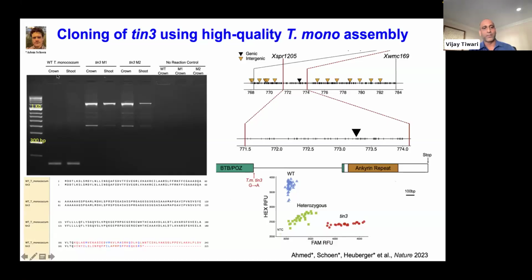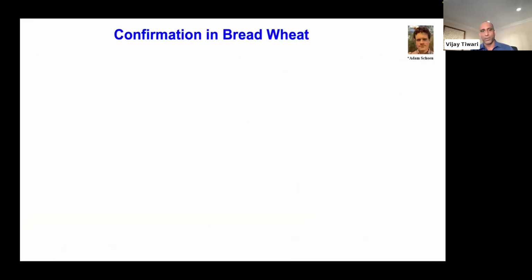So here you are looking at wild type monococcum. You basically develop the marker that is flanking this region and this region. Because you are flanking it, the product size is going to be very small, about 100 to 180 base pair. But if you have intronic retention, then you will see bigger bands. And that's exactly what happened. This is a textbook example of how intronic retention based truncation looks on the gel. So we confirmed these mutants by going back and identifying more lines from the monococcum.